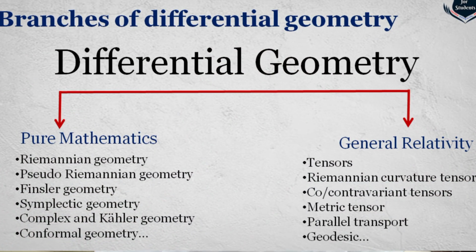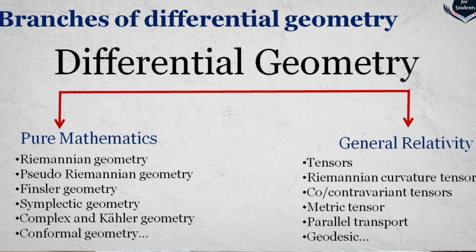So what we are going to do is look more into the differential geometry which relates to the general theory of relativity rather than pure differential geometry, which is much more related to research. Now, if you look at this picture, I have laid down that there are two branches. On the pure differential side, one is Riemannian geometry, which is also called elliptic geometry, invented by Bernhard Riemann,